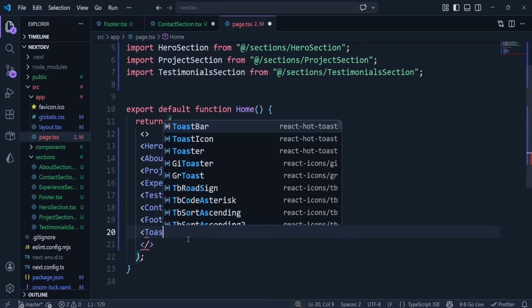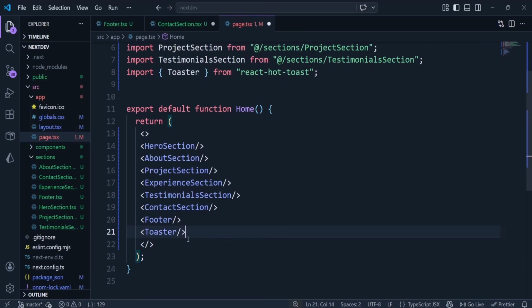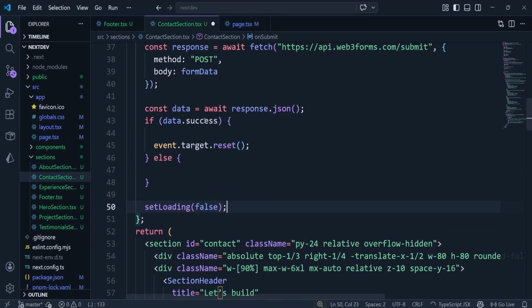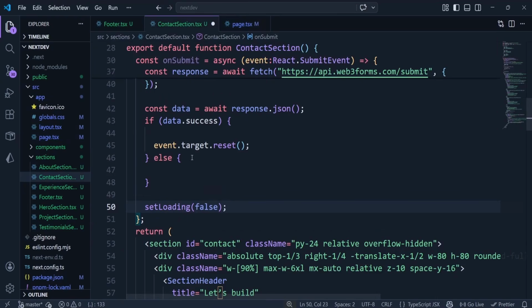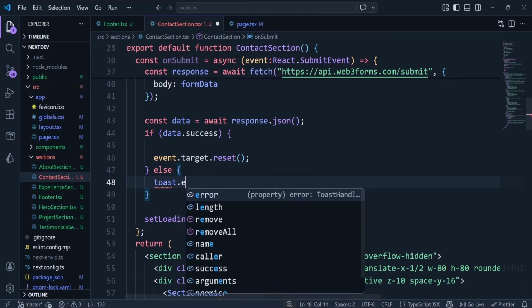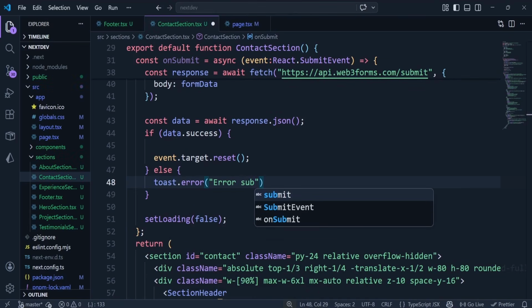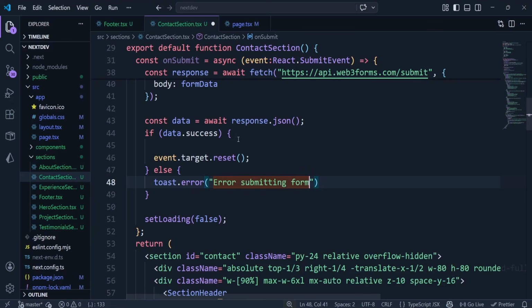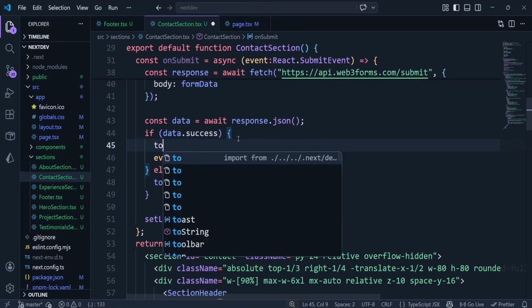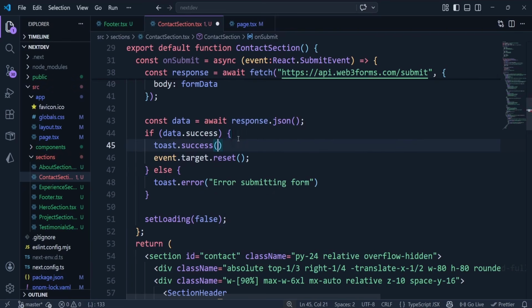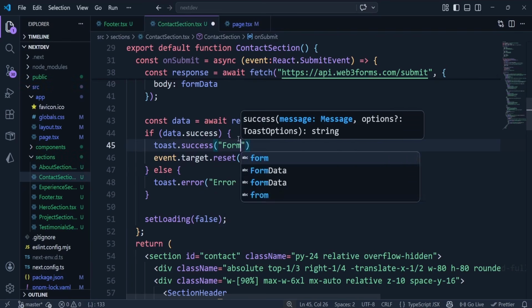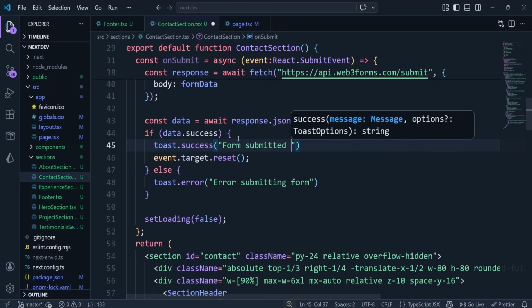So I just call the Toaster from React Hot Toast, and then inside this content section, we can simply do, if there's an error, I'm going to toast.error, "Error submitting form", else I'm going to toast.success,